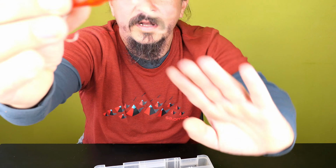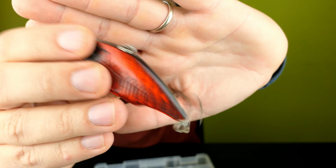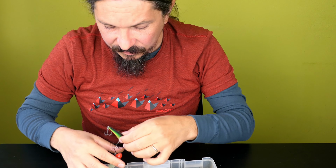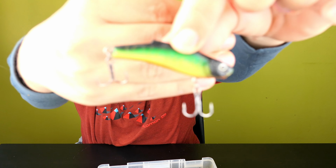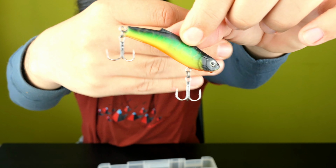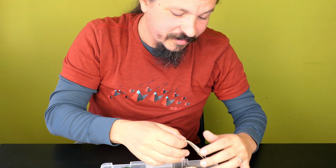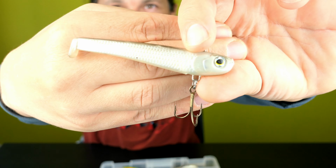This one I remember well that has a very, very particular sound in it. I have some really cheap lipless lures like this, okay, that I just throw whenever I don't want to throw some expensive lures. And yeah, of course I have the RH lures that I really like also